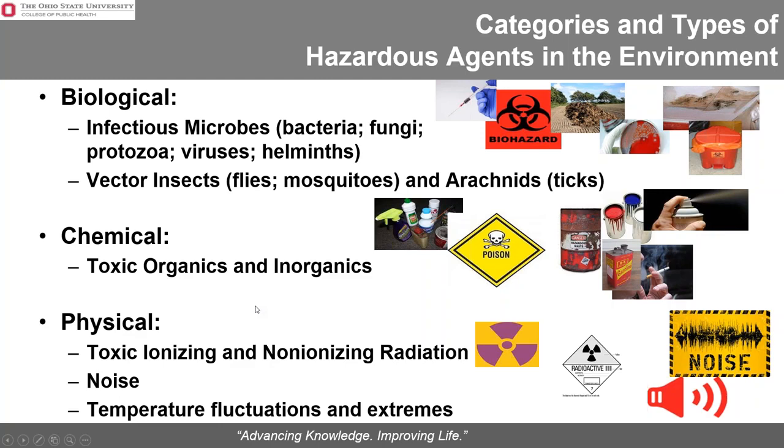And then finally, the third category, the physical agents. I'm going to highlight just some aspects of differentiating between the two major categories of radiation, or subcategories of ionizing and non-ionizing radiation, the distinction between the two, and just highlight a couple of key sources that you should be familiar with relative to environmental public health. And then I'll talk a little bit about noise as well. I will not be spending time on temperature fluctuations and extremes, but climate change does come into play here with temperature fluctuations and extremes.